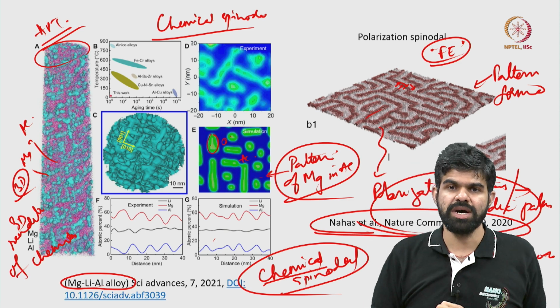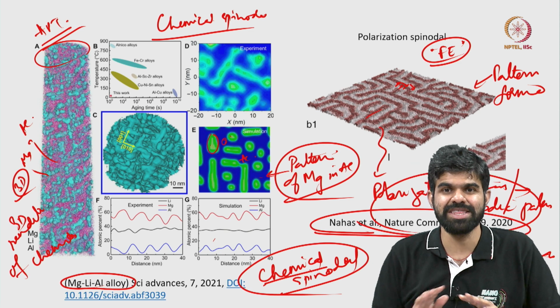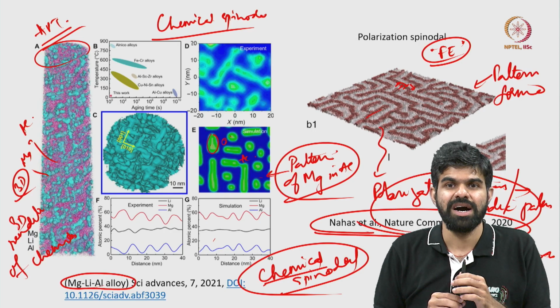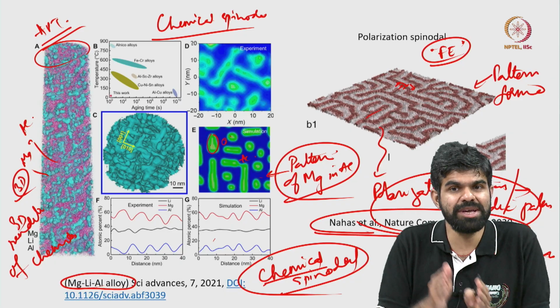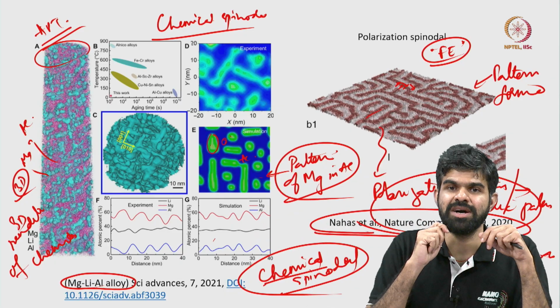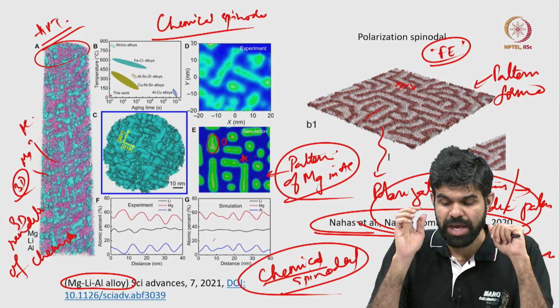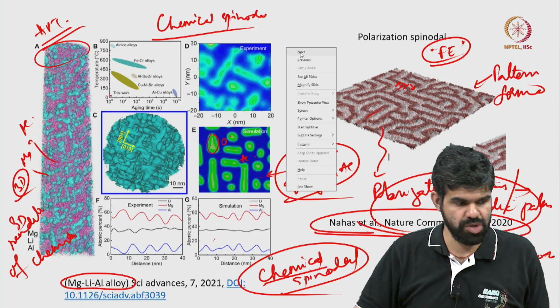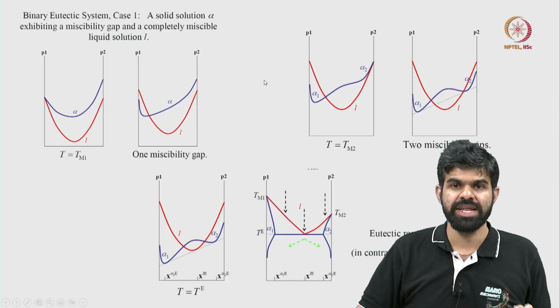There is a lot of research happening on these fronts nowadays. So spinodal decomposition is a very important idea, and extending it not just to chemical spinodals but to polarization spinodals and magnetic spinodals actually gives you very useful devices. All right. So with that, I'll end the discussion on spinodal decomposition,